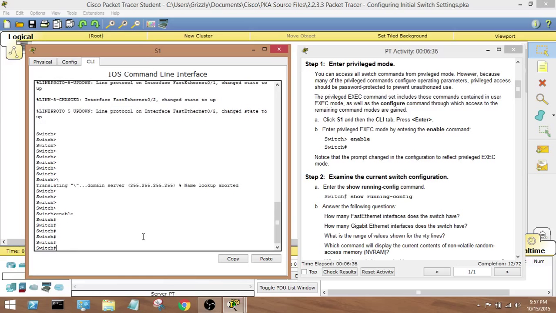Okay, now notice the difference here between the switch with the little arrow right here and then the switch with the little hashtag or pound sign. I'm just going to call it hashtag. Notice that it has that hashtag right here. It's telling you that you're in a different level of privilege. You're in a different place in the whole scheme of the router or the switch. Okay, so right now you're in something called privilege exec mode, and for here,